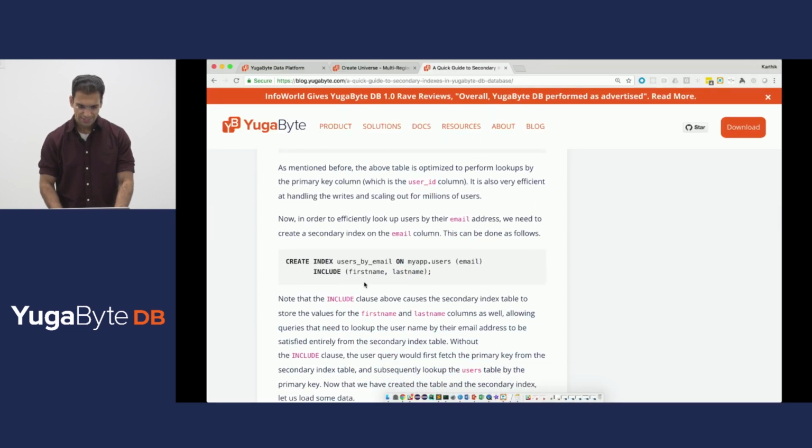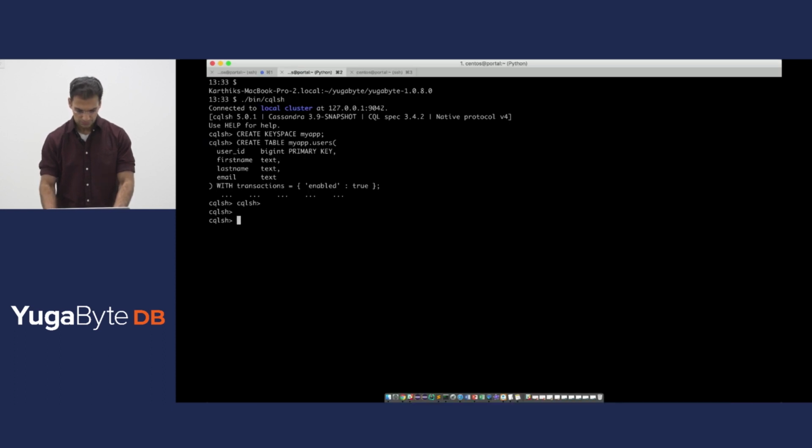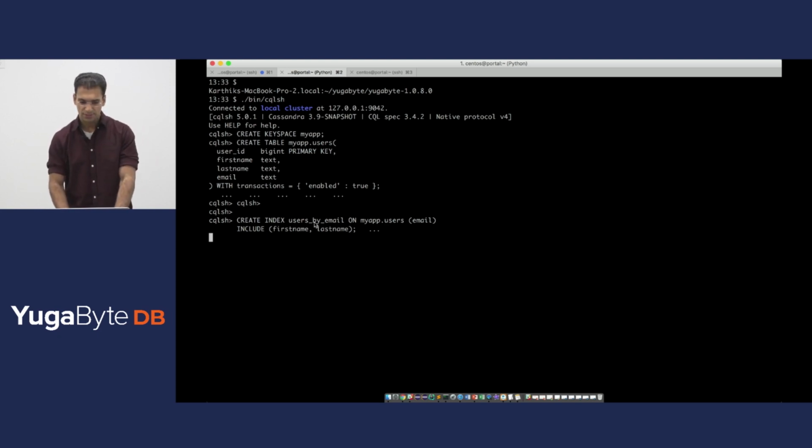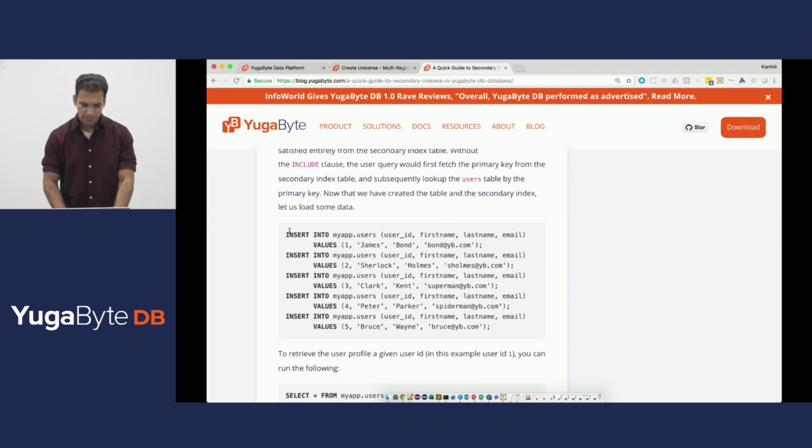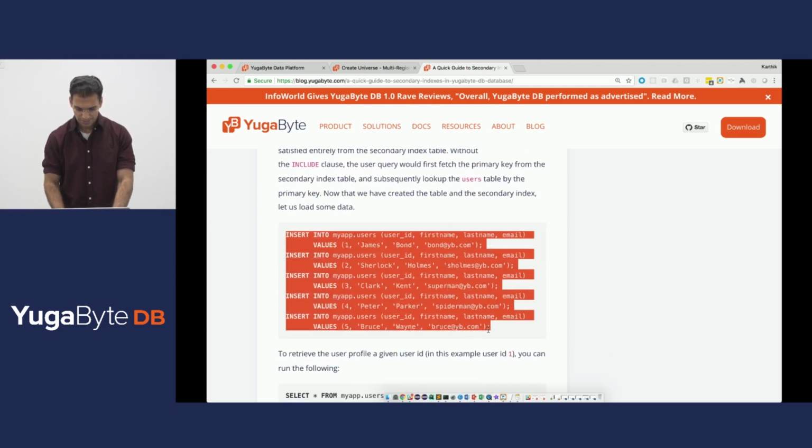Okay, so the next thing that we're going to do is to create an index on this table. If you take a look at what we just did here, we said create an index named users by email on the users table, specifically build the index on the email column, but also include the first name and last name so that my lookups are very efficient. All right, with that, we're going to insert some sample values,